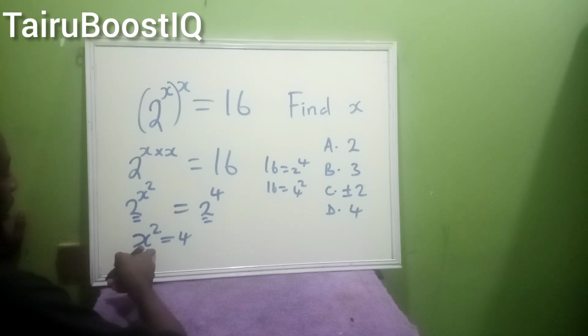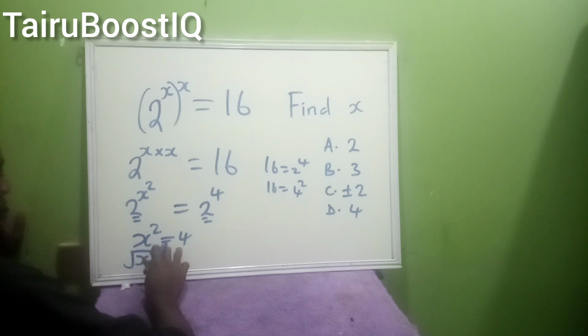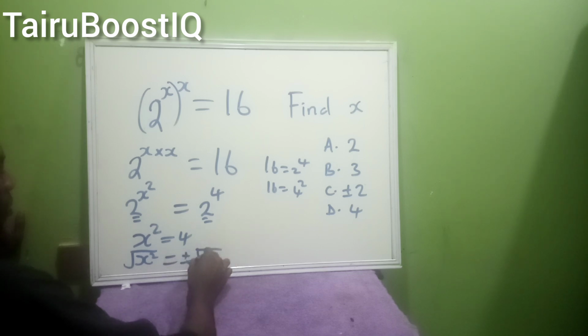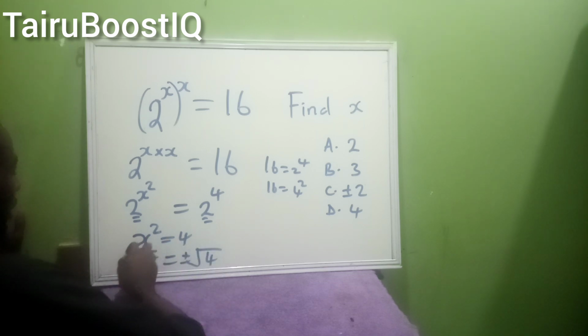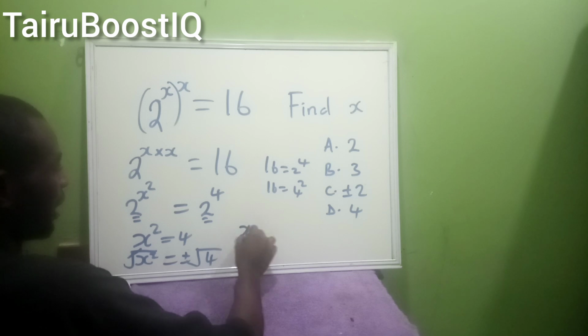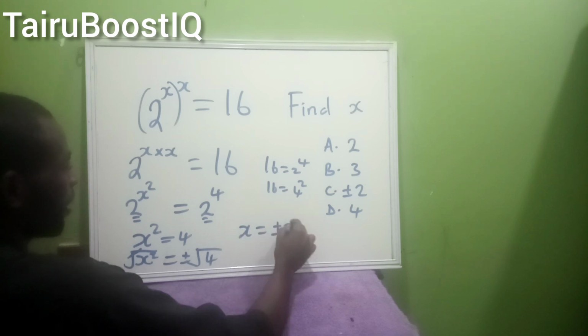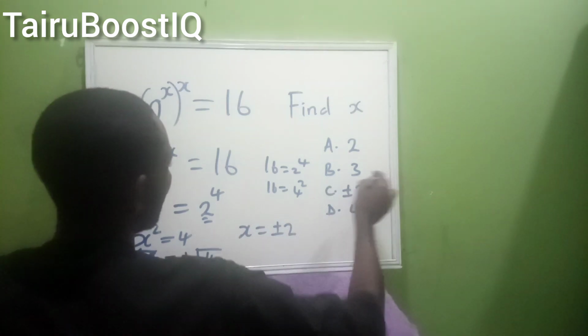From here, we are going to take the what? The square root of both sides. That is, we are going to take the square root of x squared is equal to plus or minus the square root of 4. And this will go with this, and our x is equal to plus or minus 2. So, see you the correct